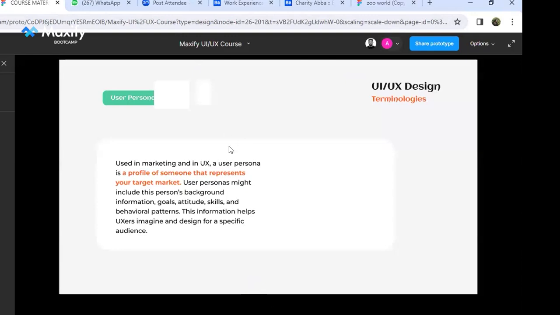So instead of just writing the details of what the person has to say or what the person feels or thinks in your user persona on a sheet of paper or using that document we used, you can just